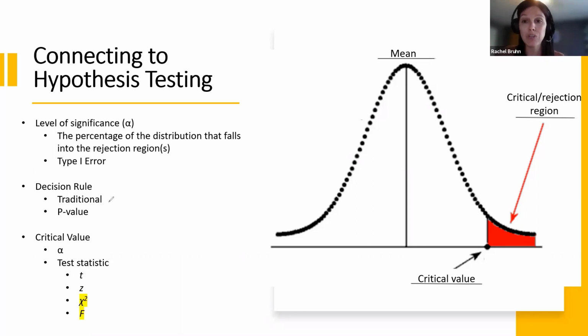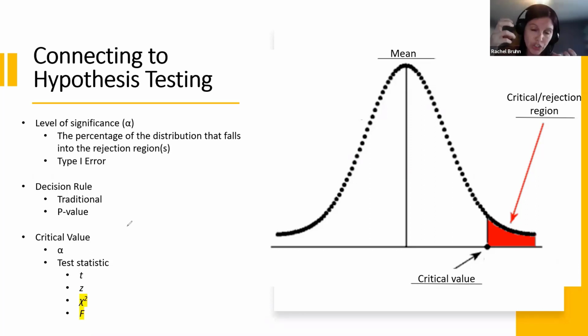Now that's the p-value rule. So if the critical value is alpha and you're comparing a p-value to alpha, or that level of significance, we followed the p-value approach. I would argue that 95% of the work that you're going to do in your stats classes is going to use that approach because you're using SPSS to run your tests. So you're going to get that p-value from SPSS to compare to alpha.